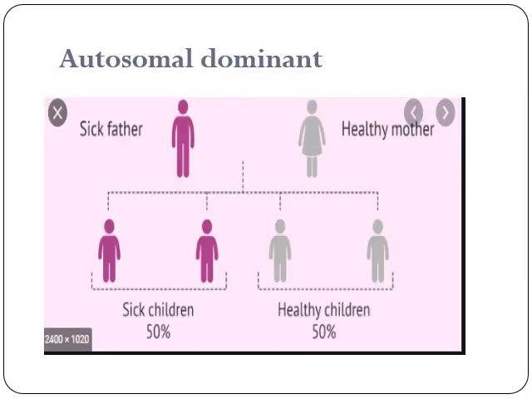Now a bit about autosomal dominant. In this diagram, I have given an example. Suppose this father is sick and the mother is healthy. Then among the children of this marriage, 50% will be affected and 50% will be healthy. So this was about autosomal dominant, in which if one allele, if one gene is abnormal, they have the potential to transmit the disease. So that is a characteristic trait of an autosomal dominant condition.